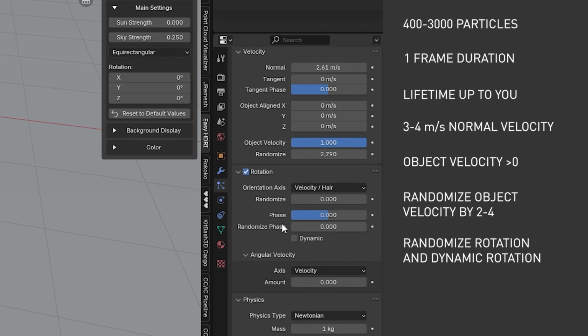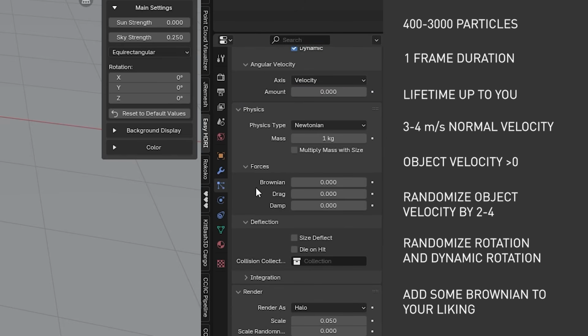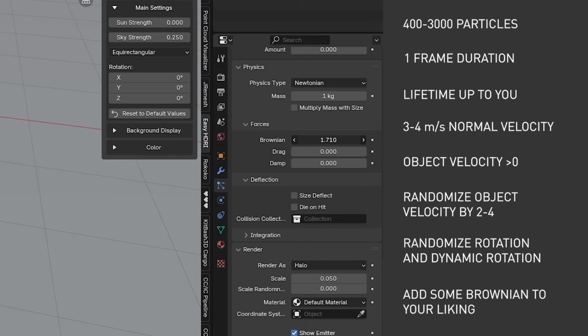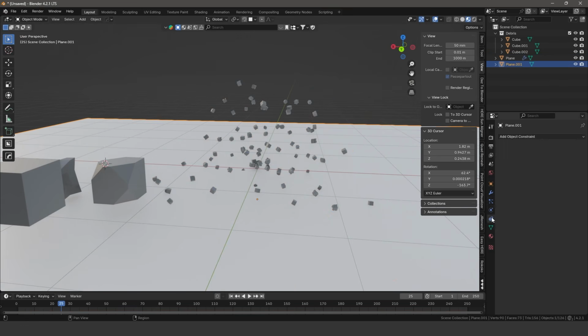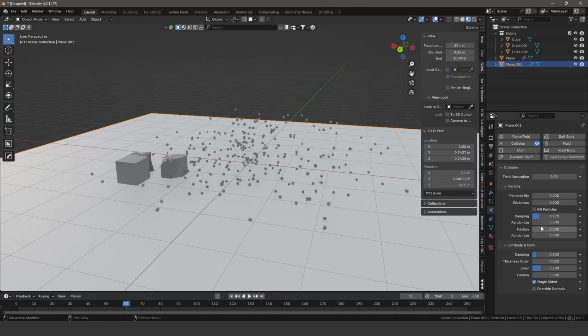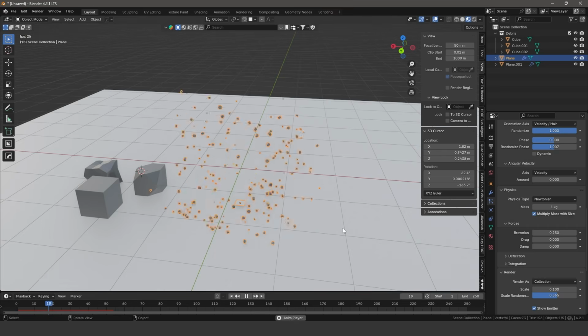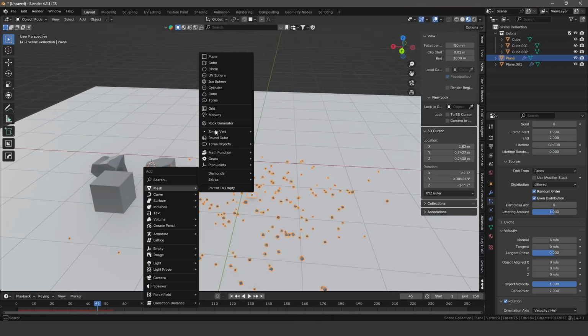I usually also turn on dynamic rotations and randomize everything. For the physics, it's also up to you, but I like to add a bit of erratic movement by turning up the Brownian setting just a little bit. You can also create a floor plane and turn on collisions to make the particles fall on the ground. You can play around with the collision settings to get the particles to bounce or slide the way you want them to. If you're happy with what you have, you can stop here, but I often like to layer on